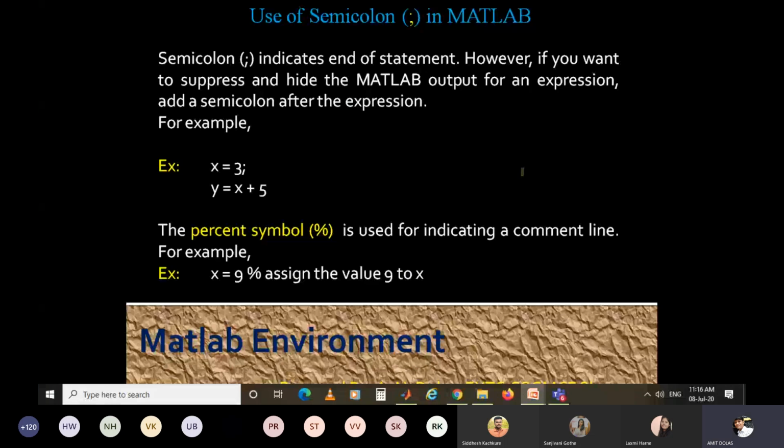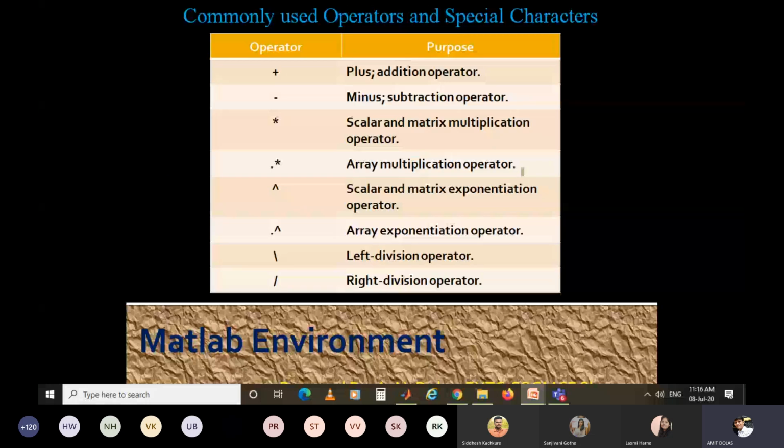Next, commonly used operators and special characters in MATLAB. You can see here the plus sign for addition, the minus sign for subtraction. Star is the scalar and matrix multiplication operator. Dot star is array multiplication. We will be looking at what an array is and we'll be performing this operation.